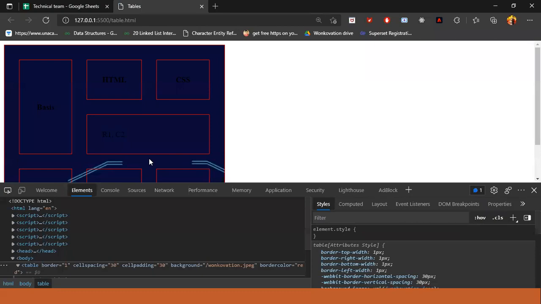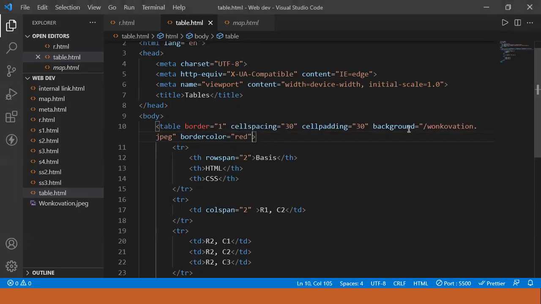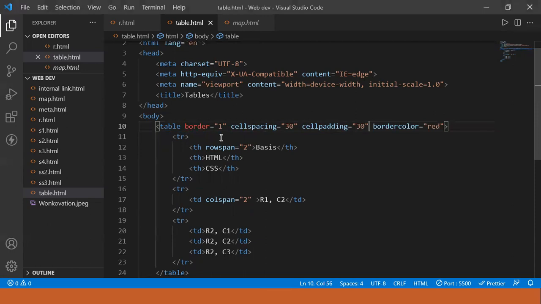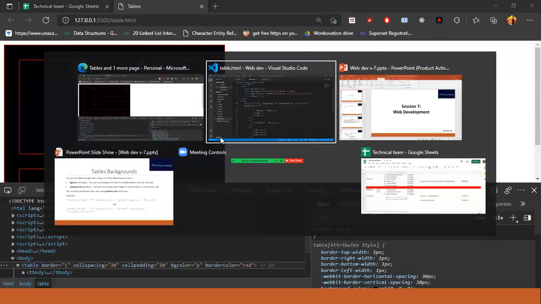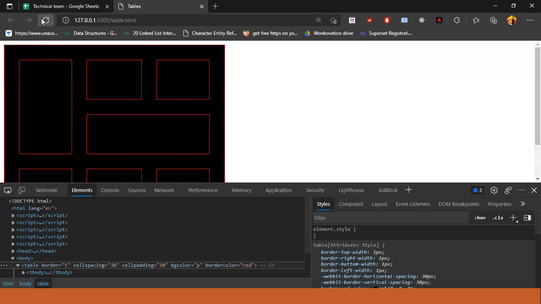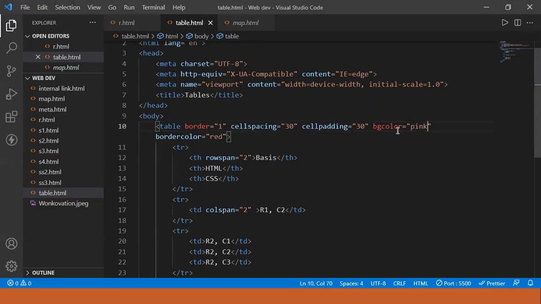Now moving further, if you have an image of the correct size, you will put that image over here. Then if you wanted to write the bgcolor, you can also write it over here. Let's say the bgcolor should be pink. Okay, bgcolor pink, border color red.